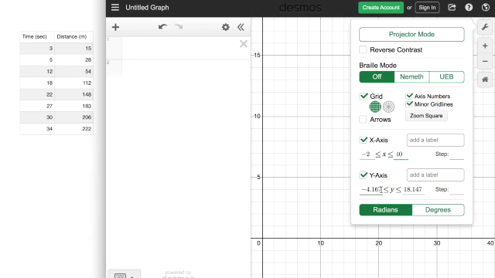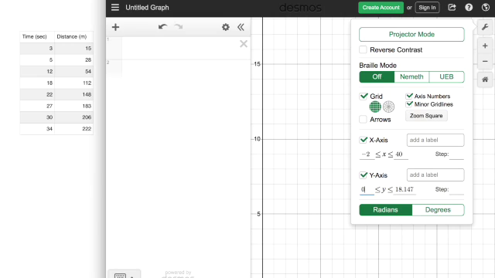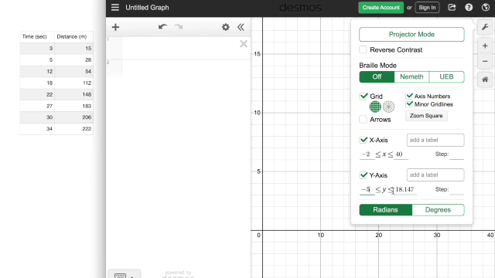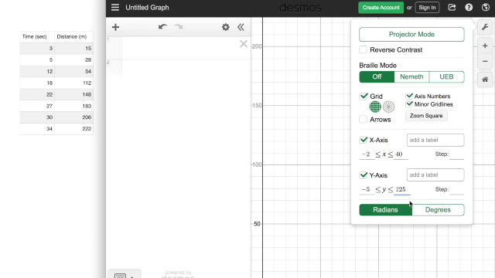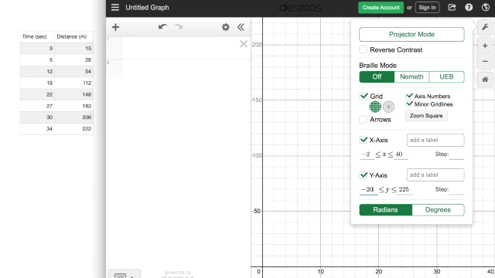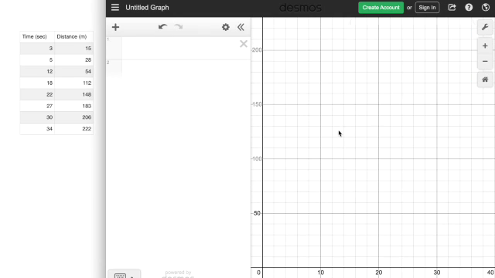Okay, y-axis, we want that to run from, again, we'll go a little bit negative so that we can see the axis, and then we want to get it all the way up to 225. I might have to make this bigger. That's just adjusting the axis. Now you can see, I'll be able to see almost all of my points, if not all of my points